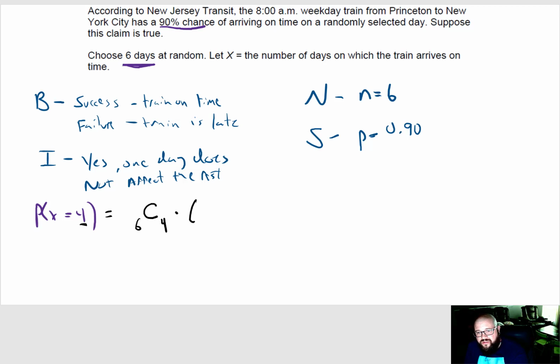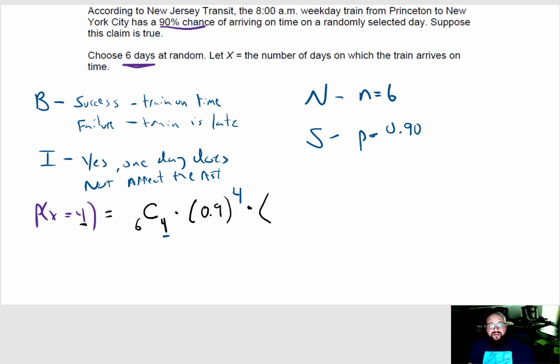So I'm going to put this in parentheses so it makes it a little bit easier to read. So 0.9. And we're going to raise that to the value of the number of successes they want us to have. So they want us to have 4. So 0.9 is raised to a 4. And then we're going to multiply this by